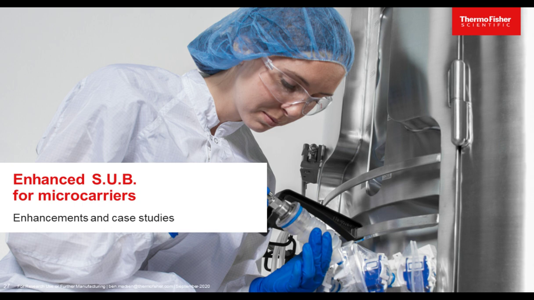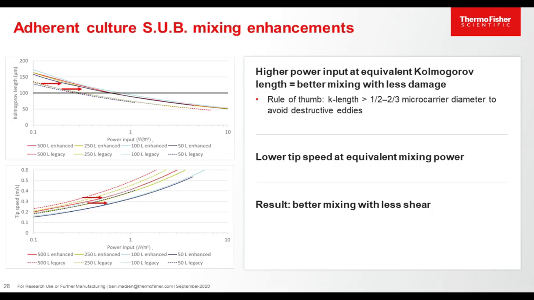Lastly, we'll be discussing the enhancements we made to the sub to support our microcarrier applications. This is obviously a little different from the previous two examples, where the suspension cultures are less susceptible to impeller shear than adherent cells, so I'll change gears just a little bit here. Whereas with the suspension cultures we're interested in increasing mixing to increase mass transfer, here we're more interested in simply keeping the heavier microcarriers in suspension without increasing the shear too much so as to avoid ripping the cells